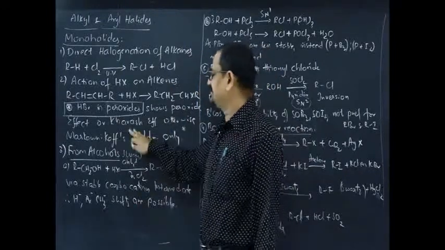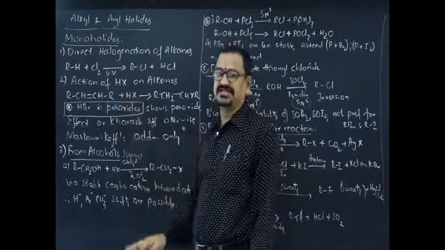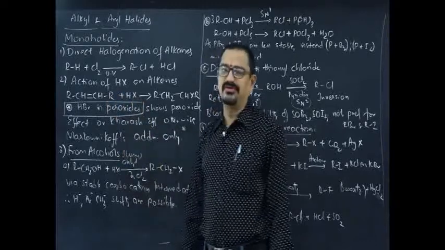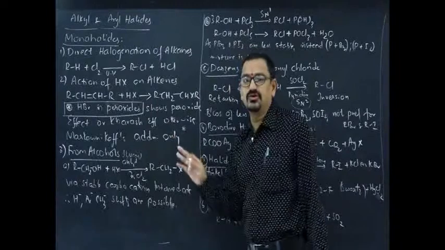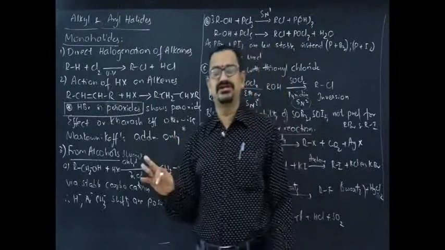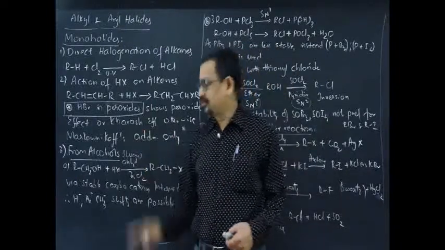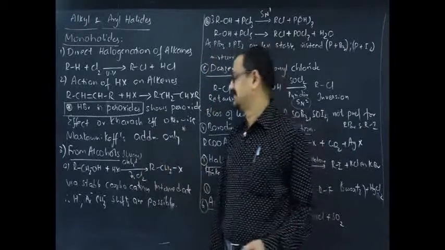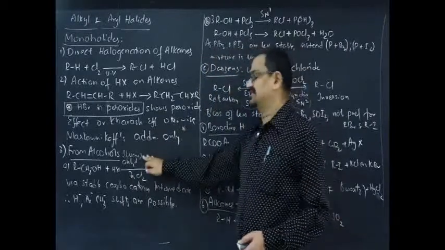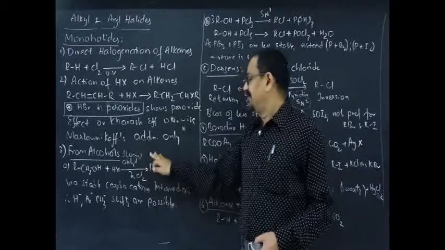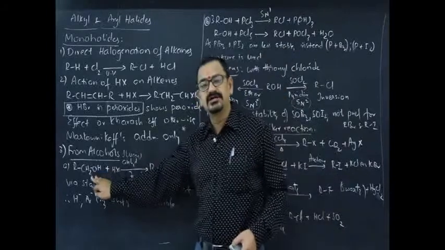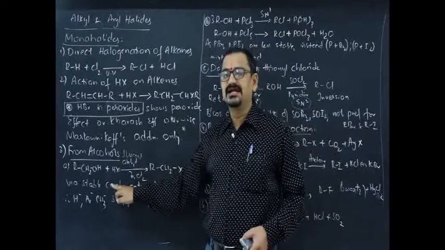Otherwise, in all the rest of the cases, in the addition of HX, the Markovnikov addition rule only will be followed, and in some cases, even though the mechanism is via Markovnikov addition, the major product will be anti-Markovnikov. We will discuss that in the form of questions. And from alcohols, the next method of preparation, we have first one, alcohols reacting with hydrogen halides, especially